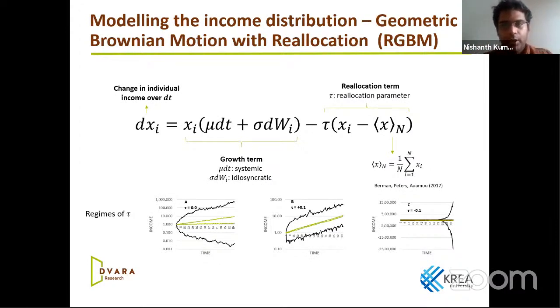And that's essentially the understanding of the regimes of tau, where we believe will give us a better understanding of where our income distribution is at, and that's a very important parameter for us to understand the situation in which the national or subnational income distributions are at, and also gives us a good sense of a test of whether or not the different mechanisms for redistribution that we're considering